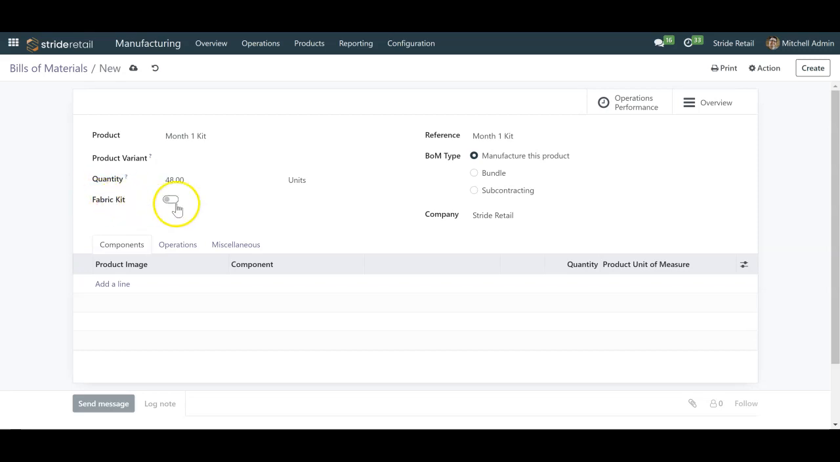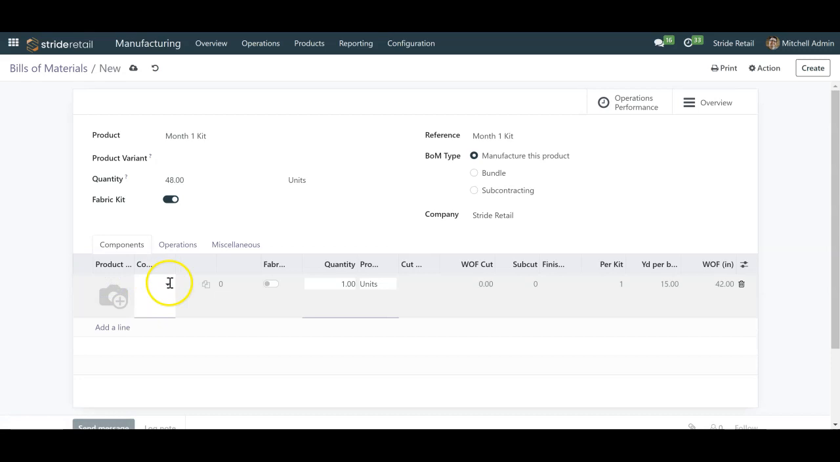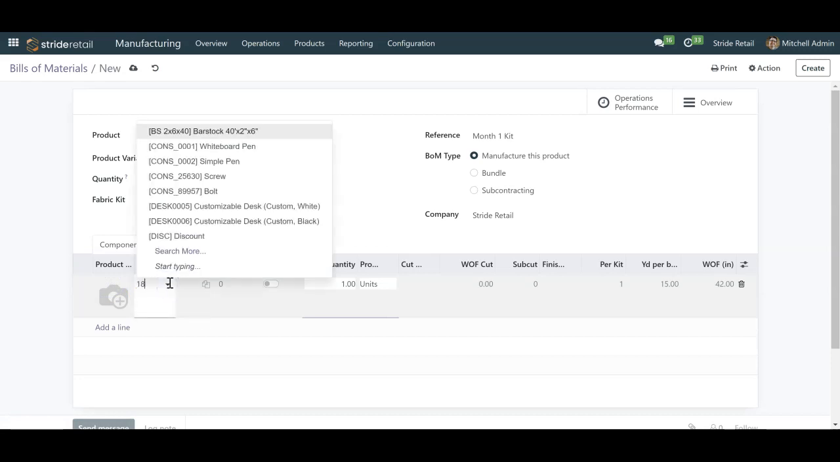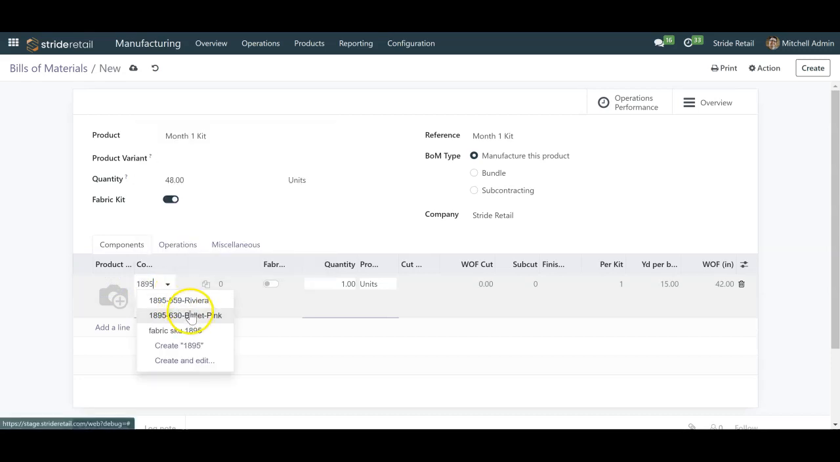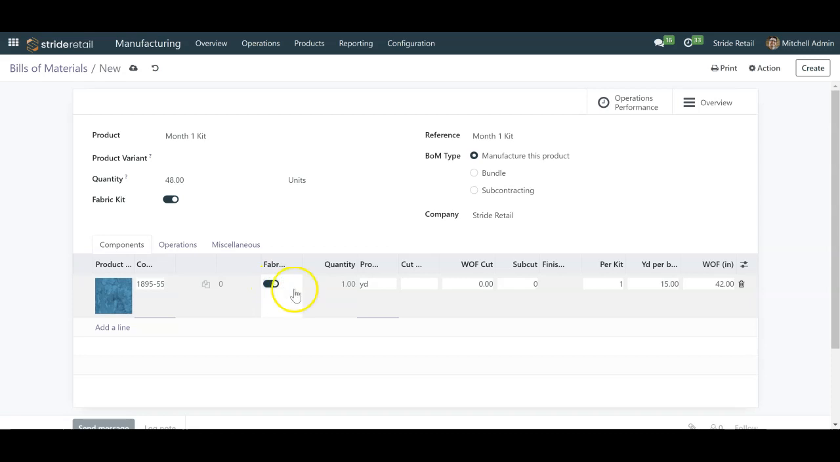And I'm going to turn on our fabric kit options. And now we can start adding our components. So the first item I'm going to add is, let's do a 1895. We'll do the Riviera, and we're going to mark this column here as a fabric item. And you'll notice that this is in yards. It won't stop you from using products that aren't in yards, but all of the calculations are assumed to be